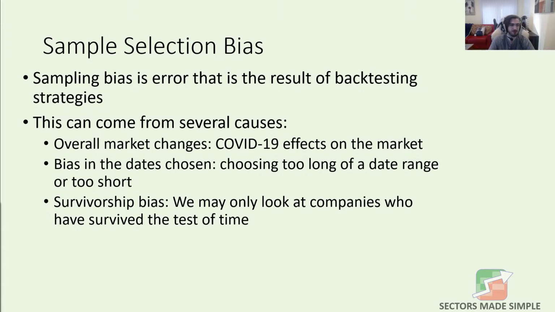So this happens when you're looking at strategies. You're only going to be looking at companies that you could trade today, right? That's the point of a strategy. But if you're running a test for the past 20 years, suddenly those companies, some of them may not have been around that long. Some of them, maybe there were some companies that used to be part of the strategy, but are no longer part of it because they crashed and burned.